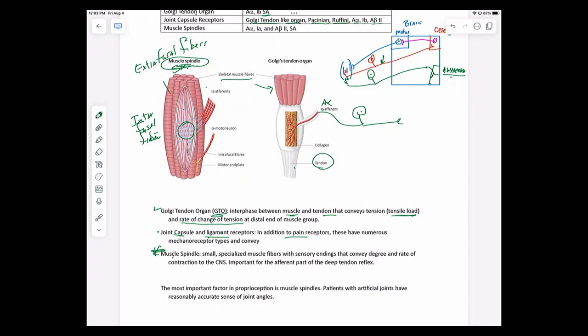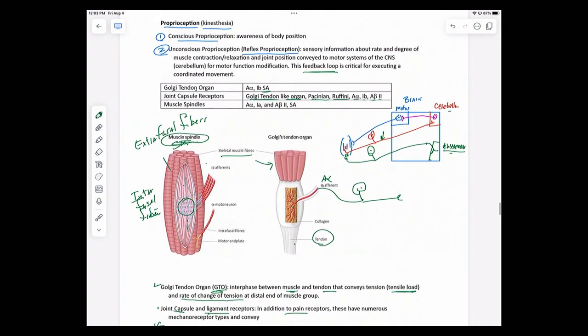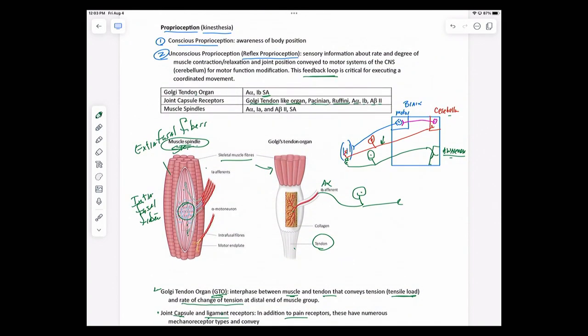Reason we say that is because, in terms of clinical evidence, you have patients who have artificial joints and they destroyed a lot of the connective tissue around the artificial joints. There may be some diminution of joint angle awareness, but it's only minor, which then implies or implicates that particularly the intrafusal fiber messaging is really critical and the most important in terms of awareness of where your joints and your body parts are in space, and also the reflex proprioception. So that's kind of a summary of the various types of proprioceptions we have and a basic explanation.